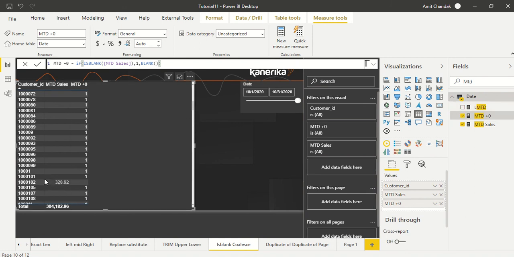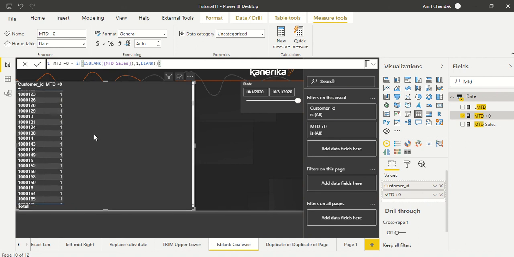You see this value, 1000102, is coming, and it is coming as blank. If I now remove MTD from this context, I will no longer get that particular value. So if I need a list of customers who have not purchased from me this month, I can use ISBLANK and reverse the behavior. I'm not giving any other measure here because the customer has not purchased, so there is no value available. Instead, we are giving 1, or we can give the customer name depending on the need, and we are saying if there is a value, make it blank. So we have reversed the behavior. In that case, it is pretty powerful and you can use it.